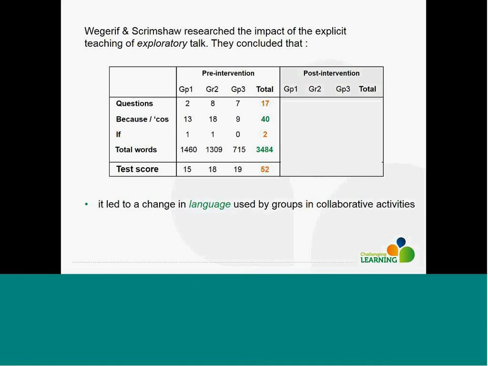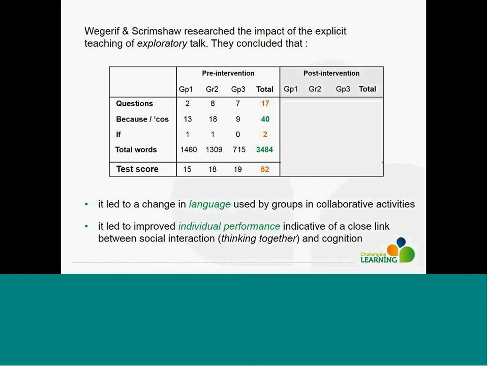And what they found was that the number of questions asked by the group had risen, leading to a change in language that the groups used. Every individual within the group improved their own performance, so that they found 86 questions, 97 reasons given, and 35 ifs. The total number of words used by the group had gone up from